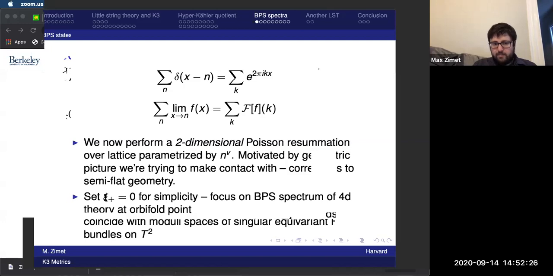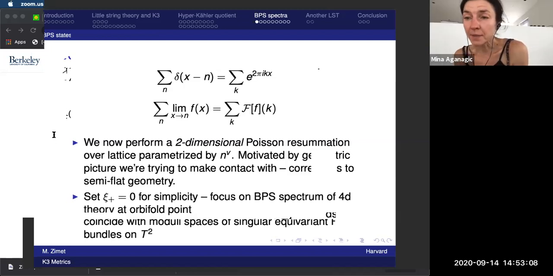Furthermore, as I mentioned before, we'll tune the complex FI parameters to 0, so we'll only have the real FI parameters. And the reason for that is going back to this formalism, what that translates to is the F theory limit is an orbifold limit, and we're only smoothing things out as we go from F theory to M theory. So the BPS state counting problem we're dealing with is still on the orbifold, so the counts of string webs on some nice flat orbifold are going to give us smooth K3 metrics, because we're using the real FI parameters to resolve the orbifold, not the complex ones.